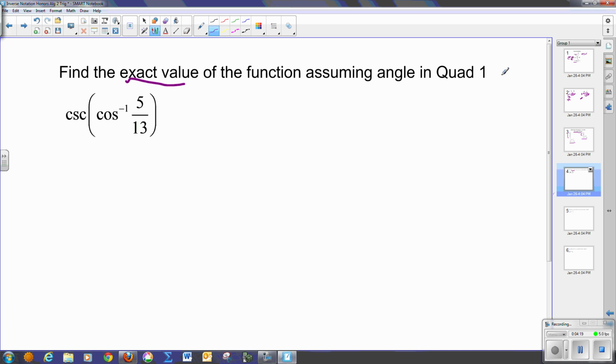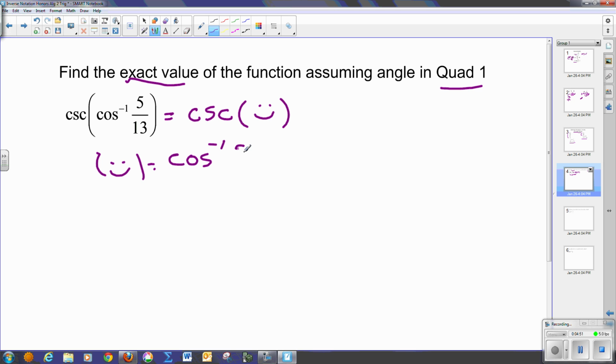All right, but it tells us this is in quadrant 1. So here's what I would choose to do. This is basically equal to the cosecant of a bunch of stuff. Call it happy face. All right. So I could say then that the happy face is going to equal the inverse cosine of 5/13. Well, this is in inverse notation. If I wanted to get it out of inverse notation, I'd say that's the same as the cosine of that happy face